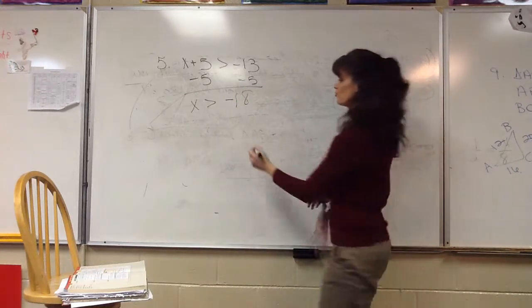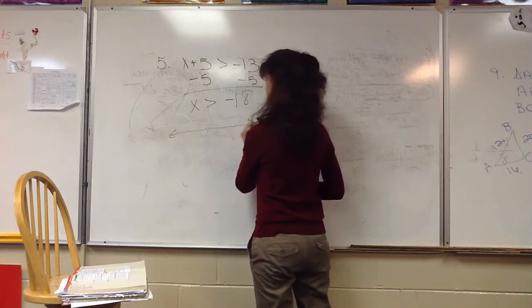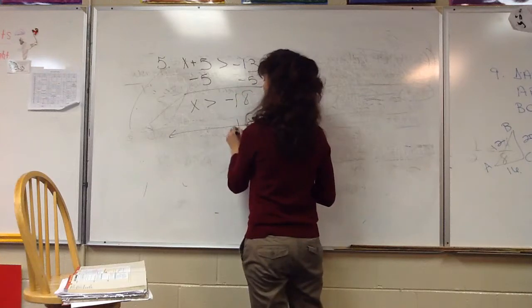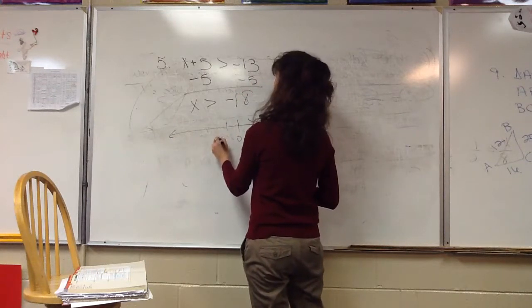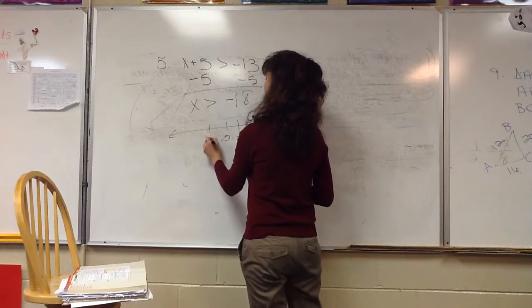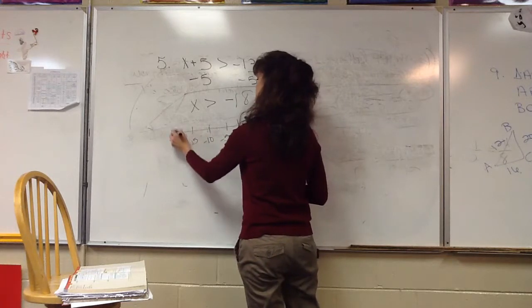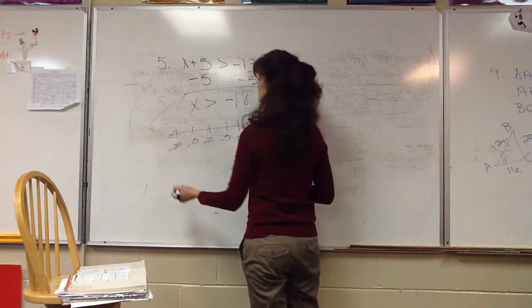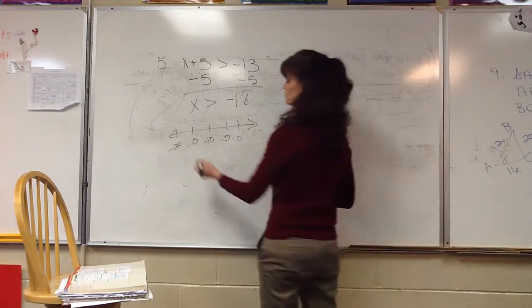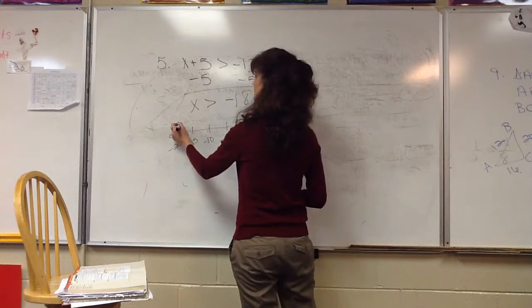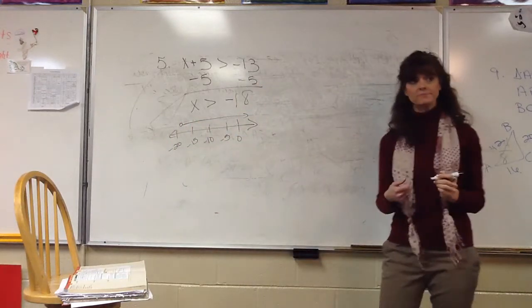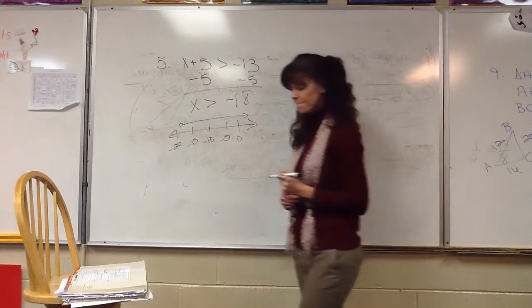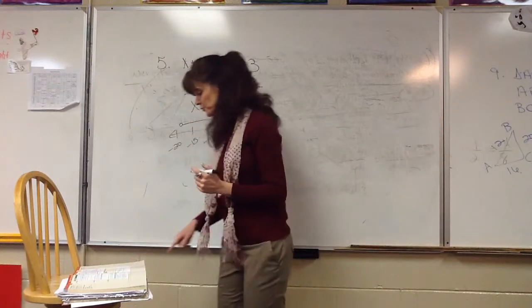And then, of course, to graph that, I don't want to go 18 units, so I'm just going to put 0, negative 5, negative 10, negative 15, negative 20. We know that we're almost at 20, just right before the 18. It would be a circle and everything to the right would be highlighted for that. Okay? All right, now, number 6,